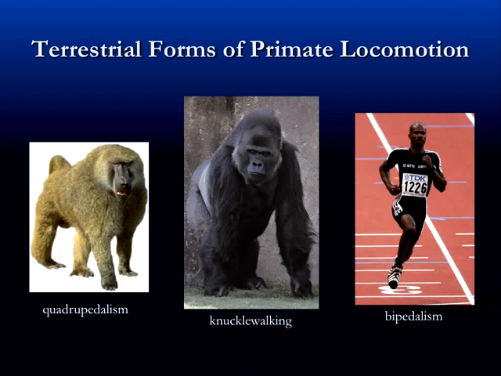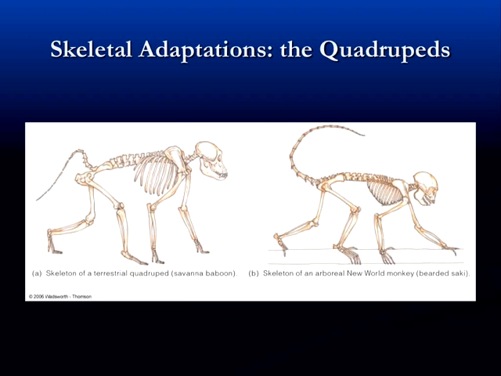Well, I can tell you that one advantage it doesn't give us is speed. You're actually faster on 4 legs. Not you personally, but species that are quadrupedal are faster than bipeds, right? So that's not it, but it does do some other things for you, and we'll talk a little bit about those. Now, when you look at the skeletons of various species,